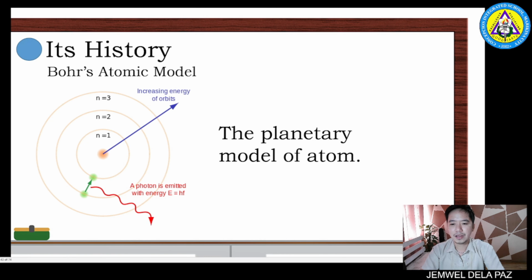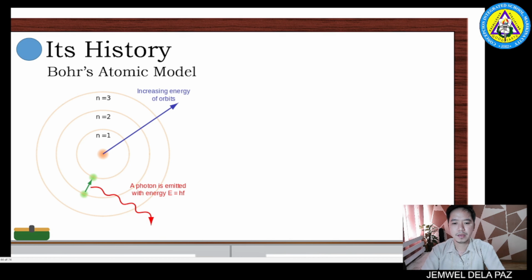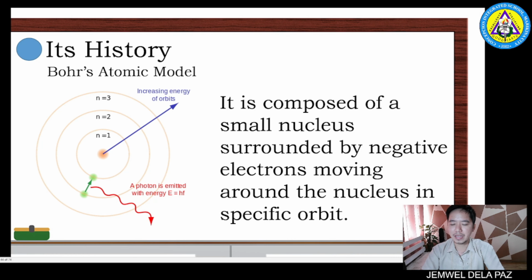As you can see, there are orbits. There are a number of electrons. A photon is emitted with energy. This planetary model of the atom is composed of a small nucleus surrounded by negative electrons moving around the nucleus in a